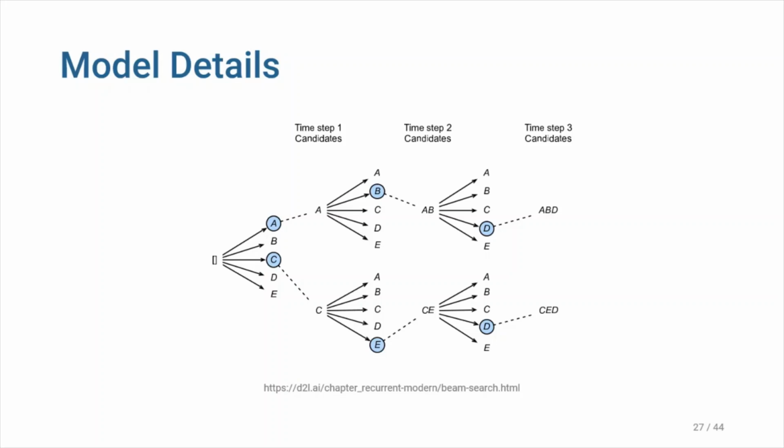At each subsequent time step, based on the 2 candidate output sequences at the previous time step, we continue to select 2 candidate output sequences with the highest conditional probabilities from all possible choices until a certain condition is met by the candidates. In this paper, the authors have used beam size 32.